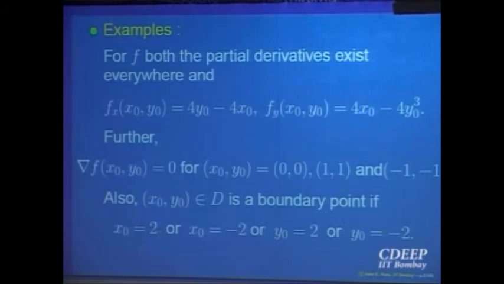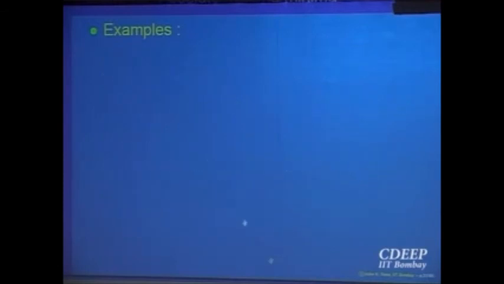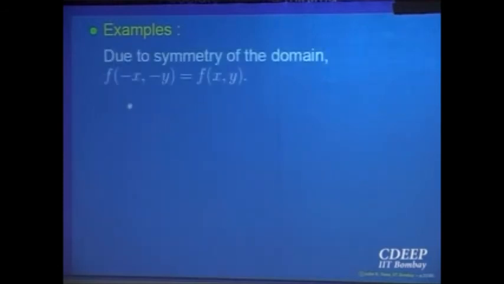Now, out of these, a boundary point is on the square of side minus 2 and plus 2. So x0 is equal to 2, x0 is equal to minus 2, right? The vertical lines, boundary. And then the horizontal lines where y is equal to 2 and y equal to minus 2. So putting those values, we have to analyze the function. So let us analyze, because the domain is symmetric, right? I can forget about analyzing it on minus y. It will be similar analysis. Values will be same, right?